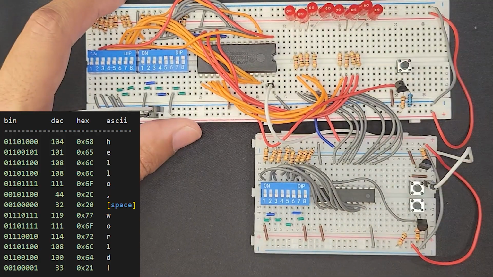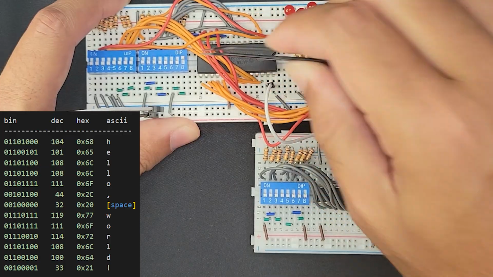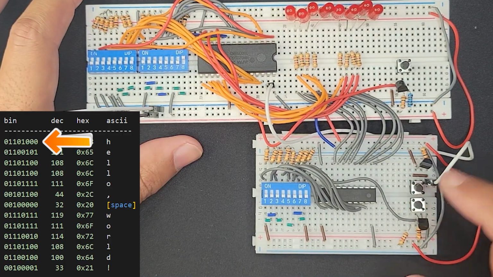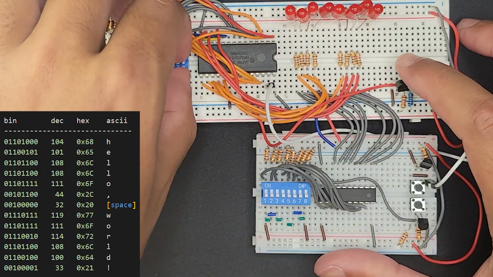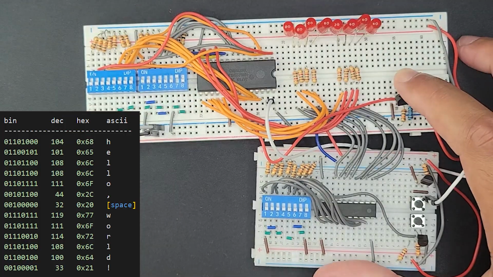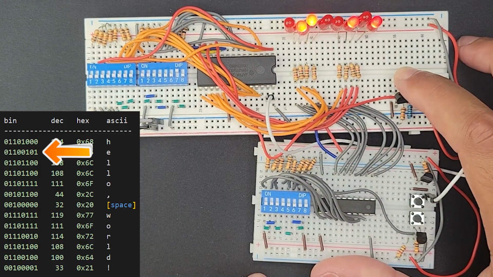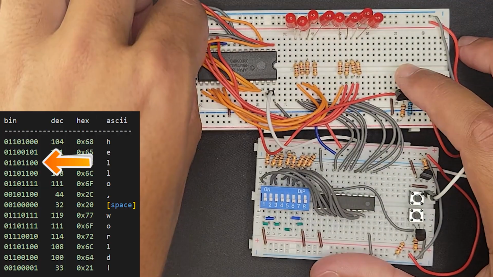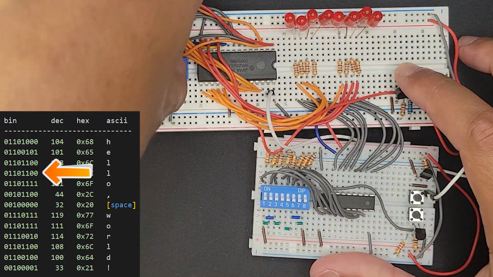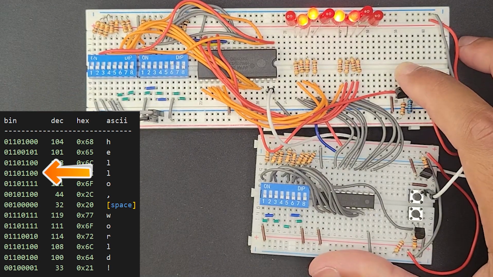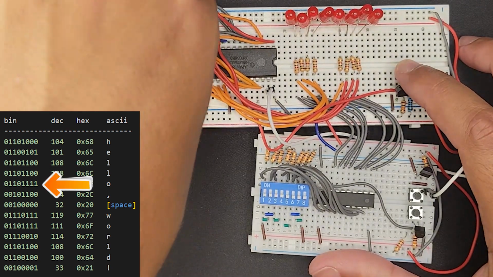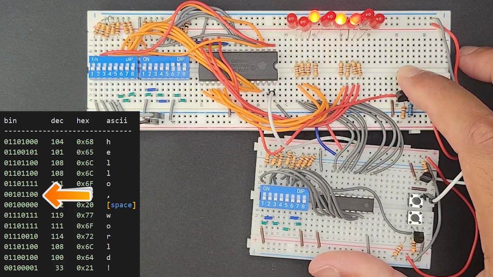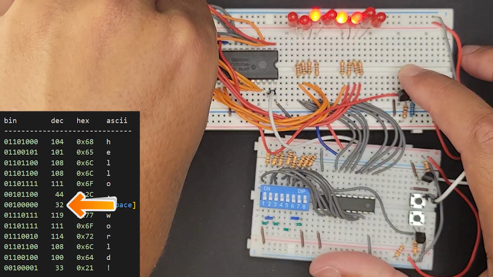So now if we reset our memory and go back to the start, at position 1, we should have 0110100 for H. If we move up to position 2, we should have 011000101 for E. Position 3, we should have our L. Position 4 should be the same for L. Position 5 should be O, and in 4 ones, 001011100 is our comma. And then we have our space,